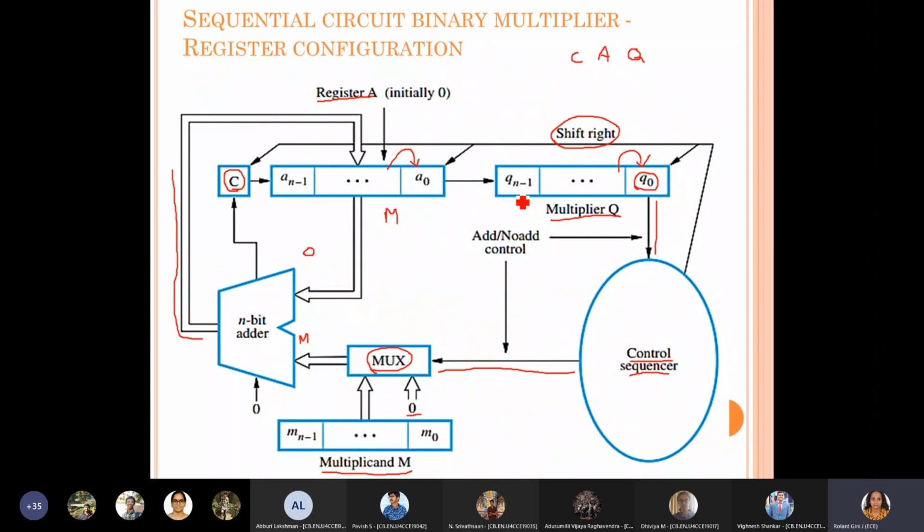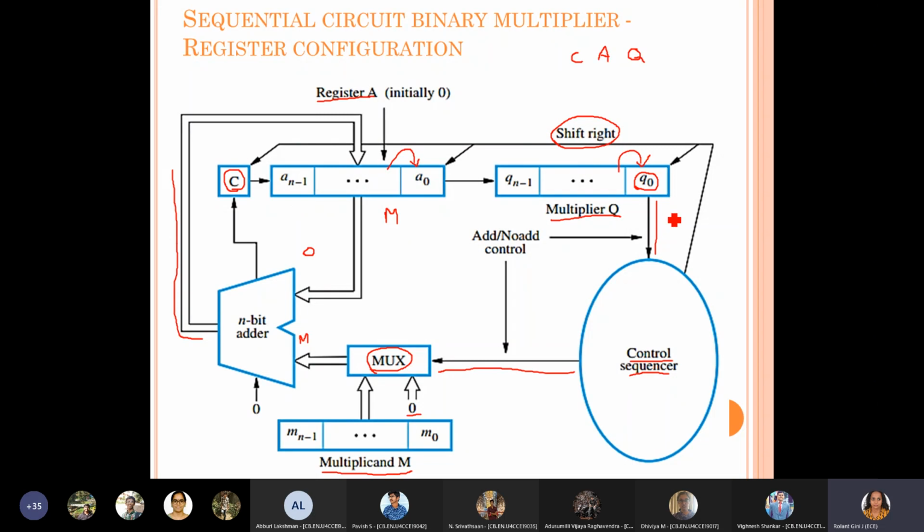So you are doing two things by doing the right shift. One is you are preserving the P0 value, and the other is you are making the addition at the next stage possible with the right place value. These two things have been achieved here. At the end of the shifting, the carry bit will be there in A n minus 1, so when you add, naturally you incorporate the carry in the next stage.